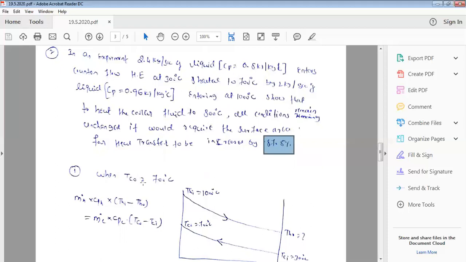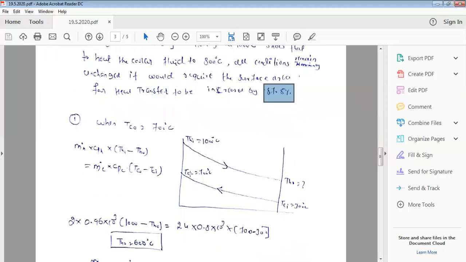Now see, when TCO is equal to 700 degrees Celsius, they have given a counter flow heat exchanger. Okay, now I have drawn it in a graph. This is a counter flow, hot water inlet. Hot water gradually, if I take this line, see inlet and outlet. That's why this point is much less compared to here.